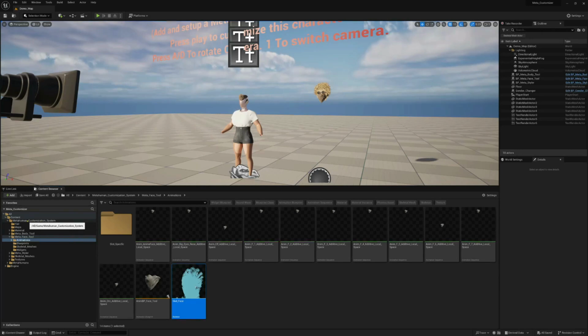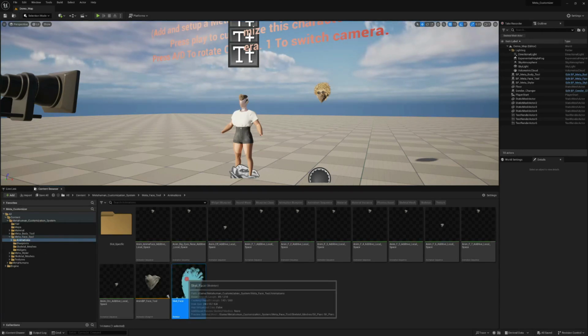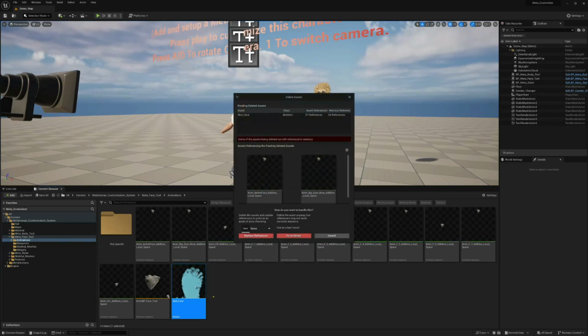In case you've moved away, that's in Meta Customization System, Meta Face Tool, Animations. So scale face, delete that. Okay. It's going to warn you that there are some assets that use this. There's plenty of assets using it. So